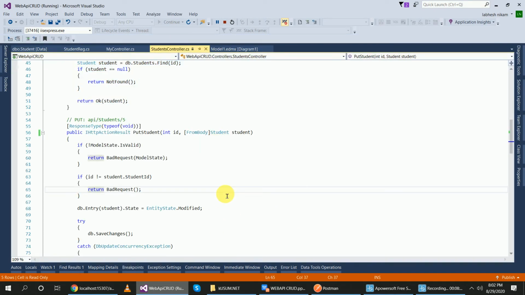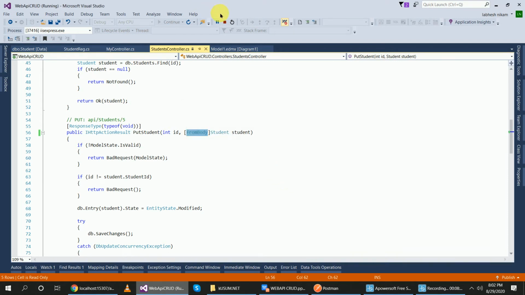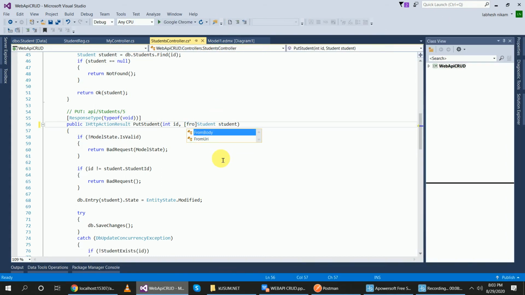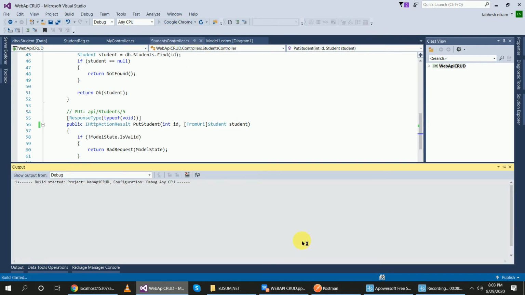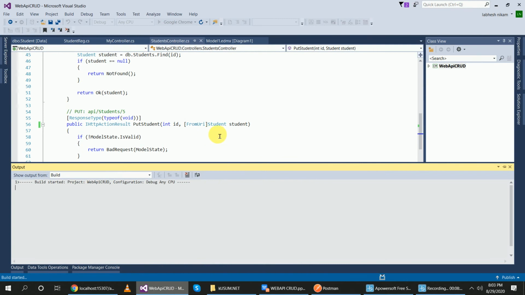Now I want to pass my parameter from URI. So save it, run it. I am passing my parameter from URI.